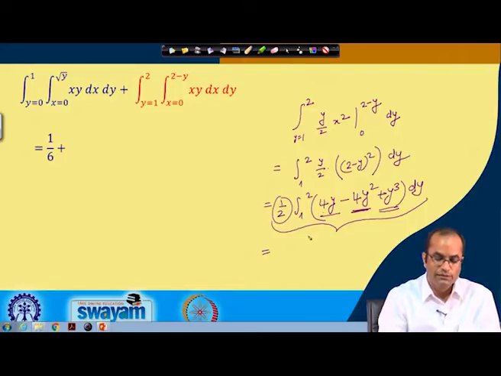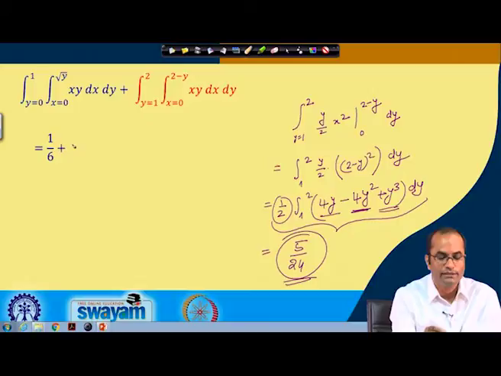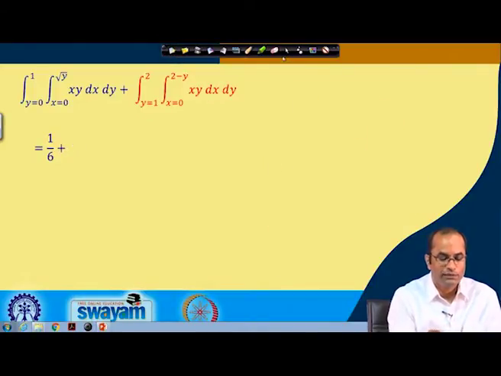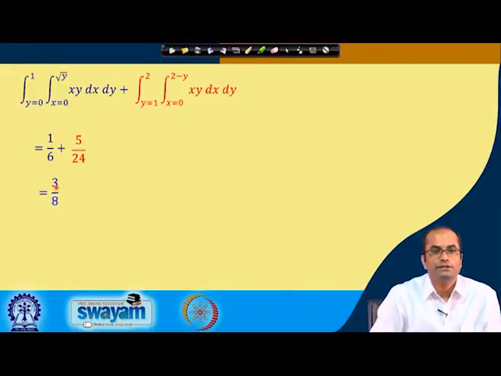So, this evaluation when we do, this is coming to be 5 by 24, the integral of this. So, 5 by 24 we need to add here. So, this 5 by 24 if we add, then this will become as 3 by 8. So, the value of this integral is 3 by 8, and we have used again the idea of change of